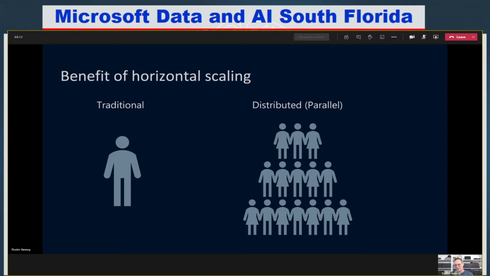So I talked about horizontal scaling. We're going to keep this really simple for just 30 seconds here, so hang with me if this seems too simple for you. What are we talking about with horizontal scaling? If I need to move from one home to another, I might hire a specialized, really good mover. But if there's only one mover, there's certain things they probably can't do. I could probably get by for cheaper just by buying some pizzas and getting 10 of my friends to come and help me move everything.